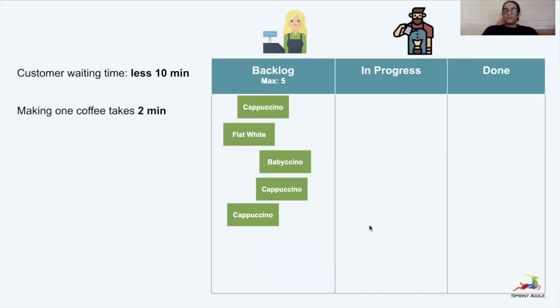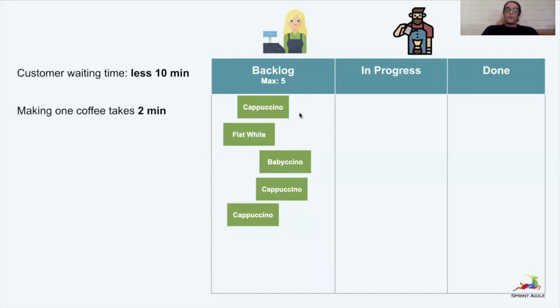So now, let's see how we can avoid this large backlog and how we can make sure the orders or items in our delivery pipeline move quicker. So this time we added a limit to Sue's backlog because we know that Sue can create a very large backlog very quickly because her job is quicker than John's job. Sue already took